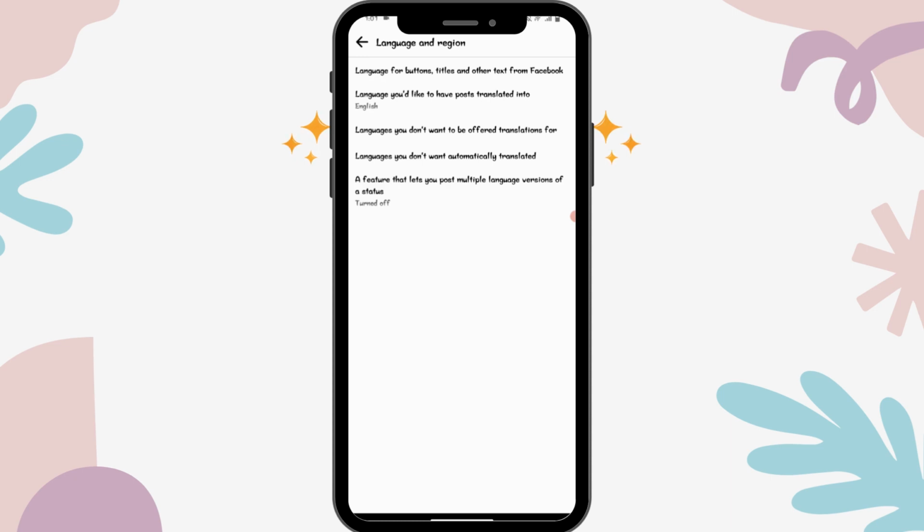So that's it. That's how you change your Facebook location settings, and if you have any questions feel free to